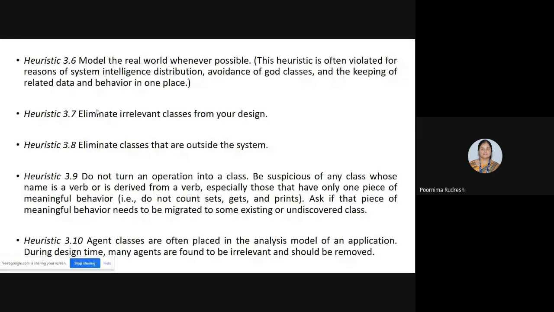It means that agent classes are identified in the analysis phase, and when we move from the analysis phase to the design phase, we check whether those agent classes are relevant or irrelevant. If the agent classes are relevant, keep them in the design phase. If they are irrelevant, then remove them. So this is about heuristic 3.10, and this completes